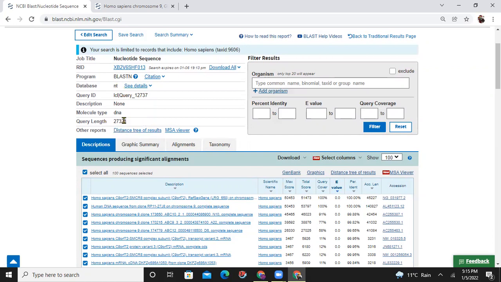We can also click on the distance tree to check an MSA,